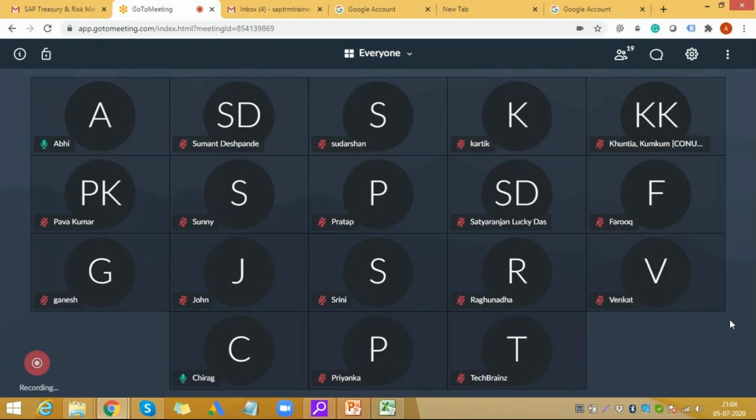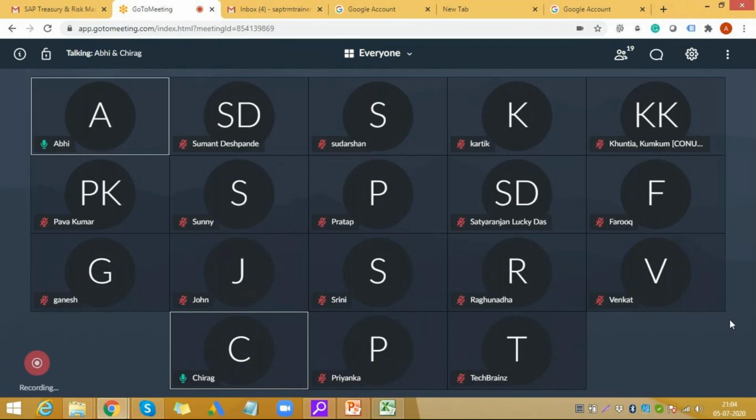Sorry, I'm talking about basically most probably the forex and derivatives parts. In that case, we confirm all the transactions with the bank. Is there any required format? There is no specific format for each and every bank.